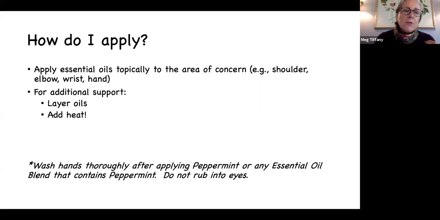And how do you apply it? Well, you can use oils in 3 different ways. You can apply them topically, which we've talked about. You can take them internally, which we've talked about. You can also diffuse them in the air through a diffuser. It really can help with the environment that you're in, and you still get the benefits. You get it in through the olfactory, through your nose, it gets into your nervous system, and it will have the same effect. But generally, when we're talking about pain, you get the topical application, and you can certainly layer with diffusing and of course the internal.